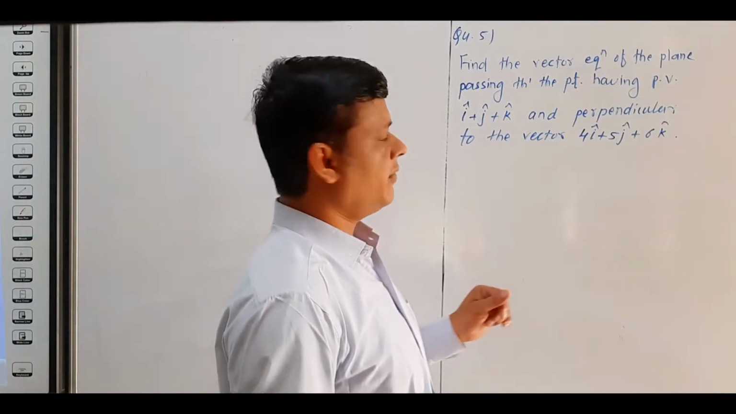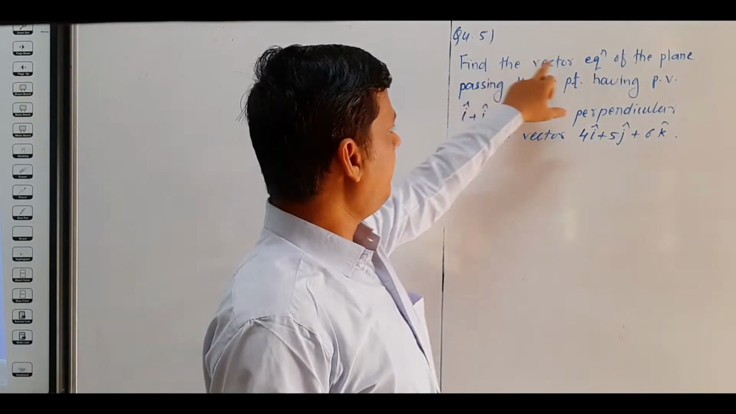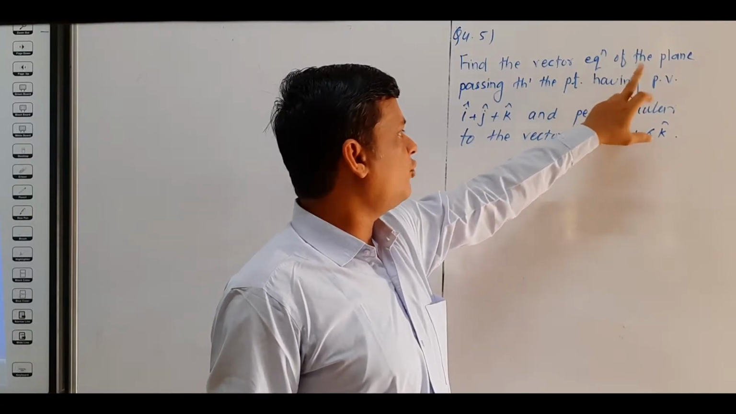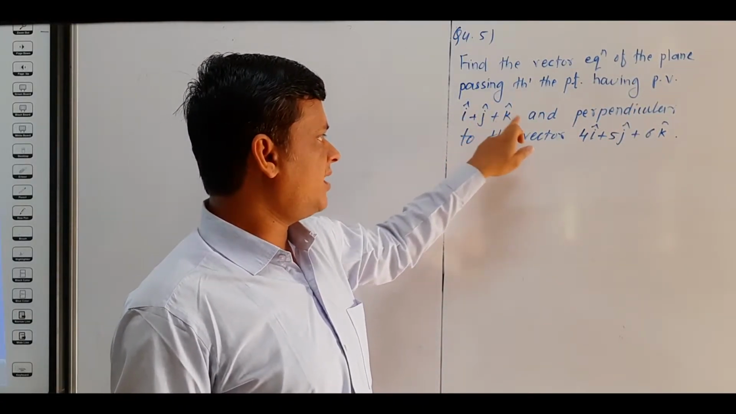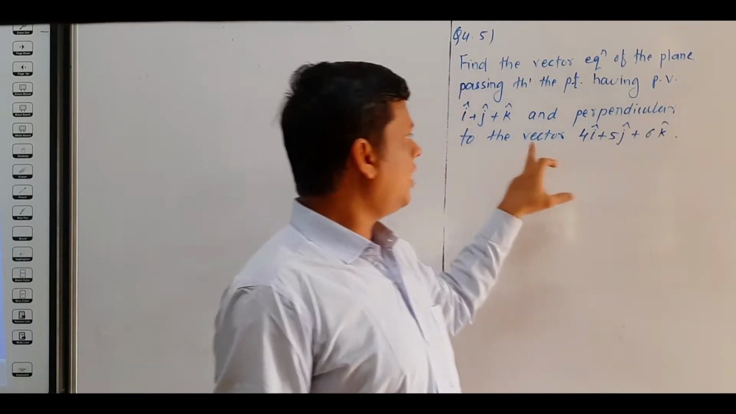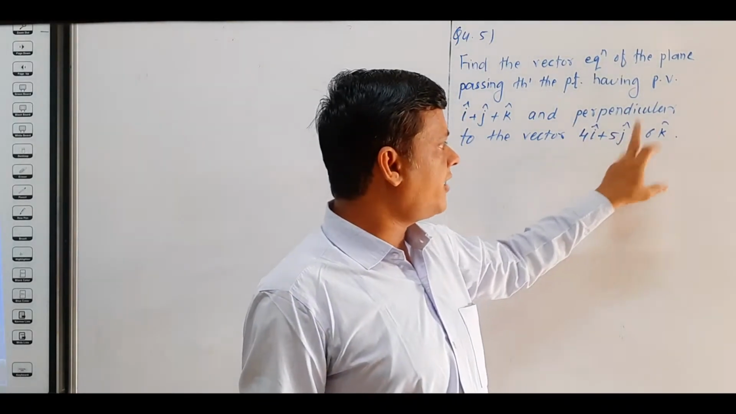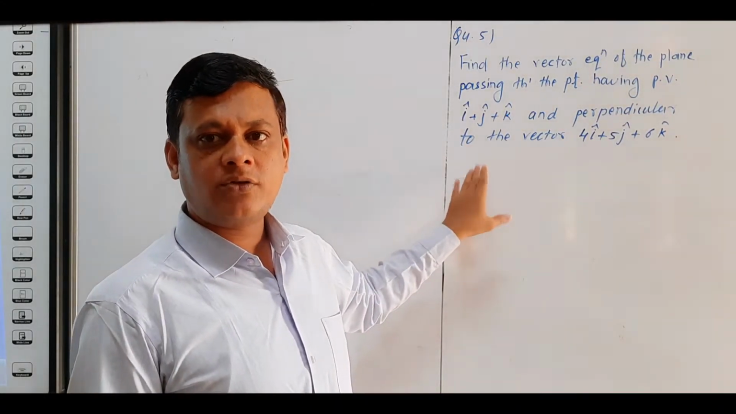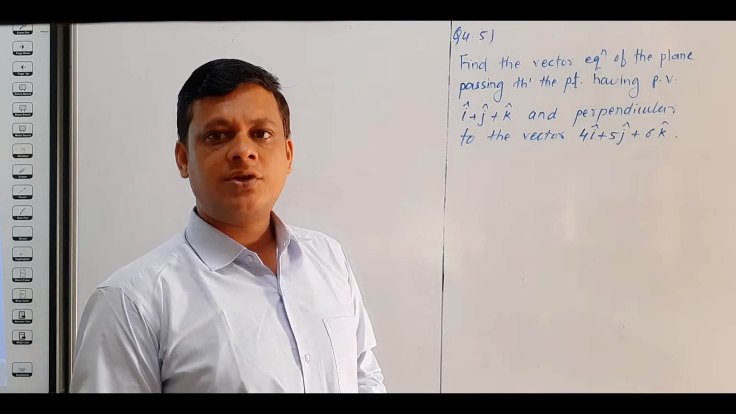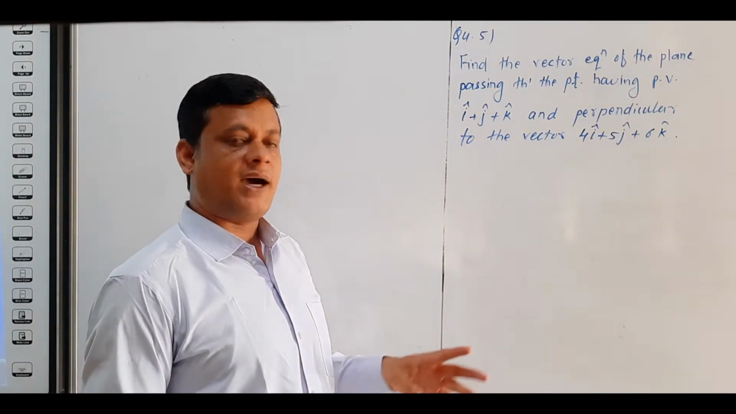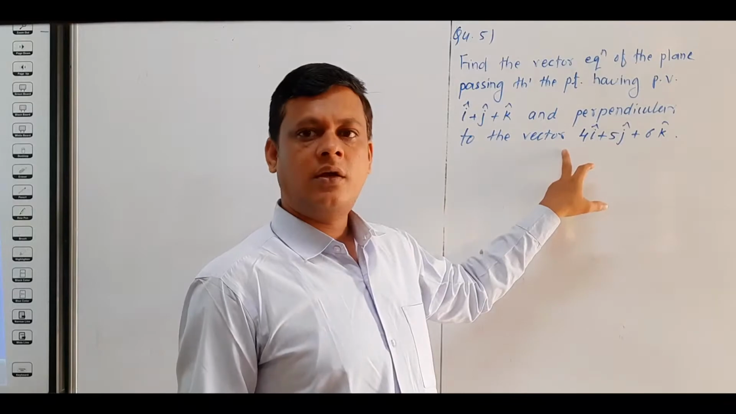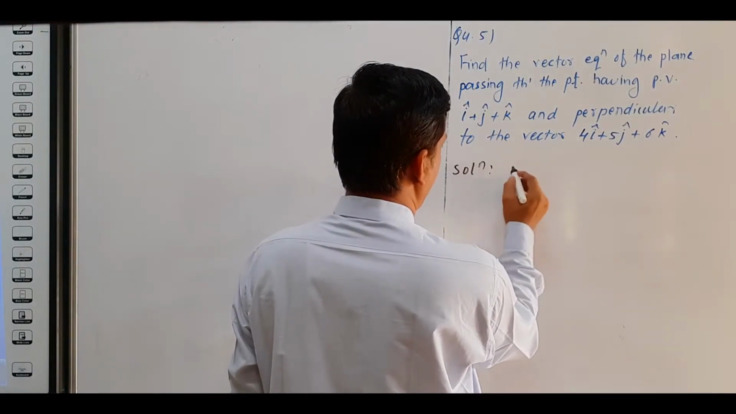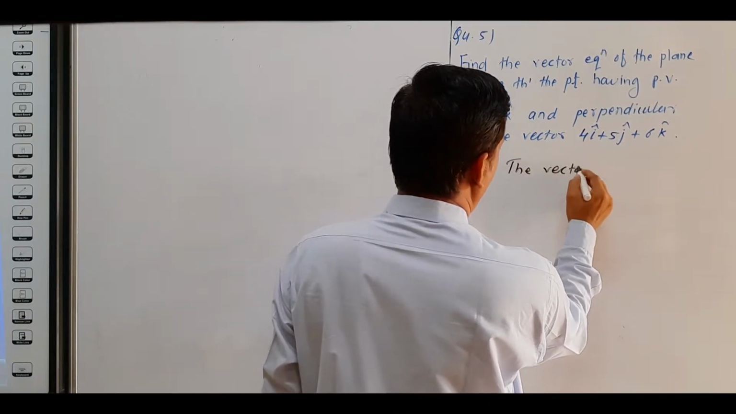Now see question number 5. Find the vector equation of the plane passing through the point having position vector i plus j plus k and perpendicular to the vector 4i plus 5j plus 6k. So if you observe this problem is based on first theorem, the vector equation of plane passing through the point A of a bar and perpendicular to the vector n bar. So we write here in solution the vector equation of plane